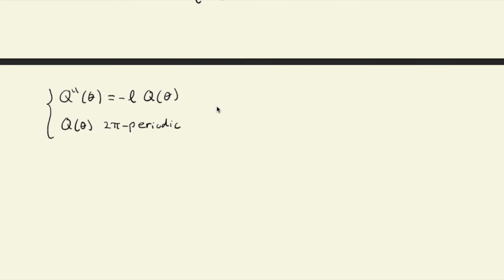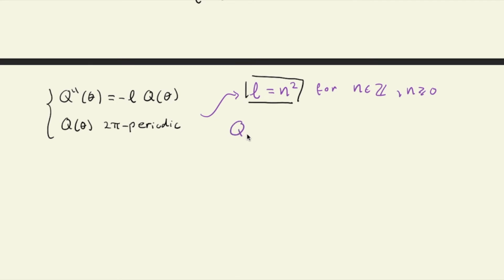So we already solved this problem. We know that L must be equal to n squared for some integer n, so integers greater or equal to 0. Okay, so this is important. We figure out the constant L. And the function Q, once you fix the integer, Q_n of theta has to be some multiple of a cosine n theta